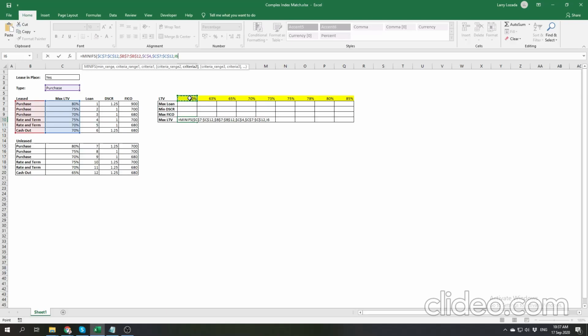Okay. Now, our criteria 2 is something that is greater than or equal to this one, right? So let's take 60% and we want to look this range, the minimum value that is greater than or equal to 60%. Okay, so the result of this formula should be 70%,